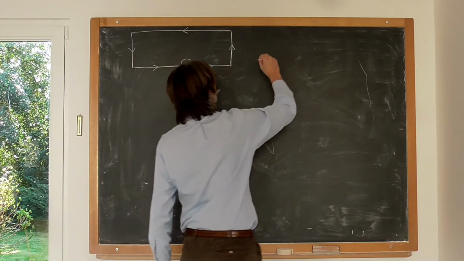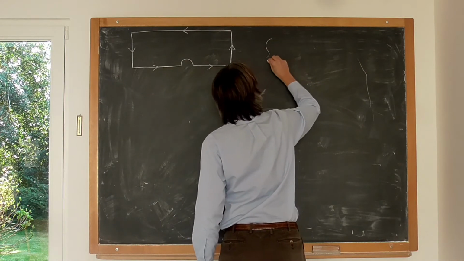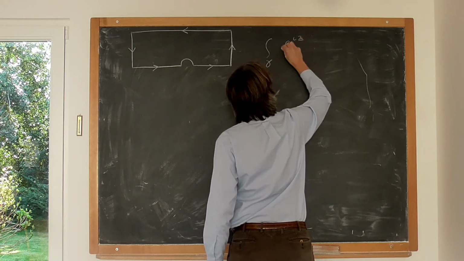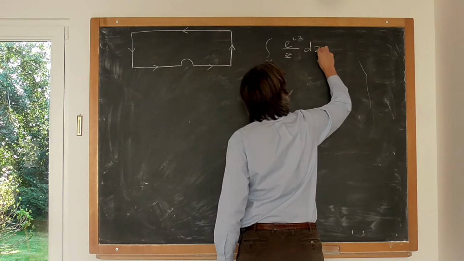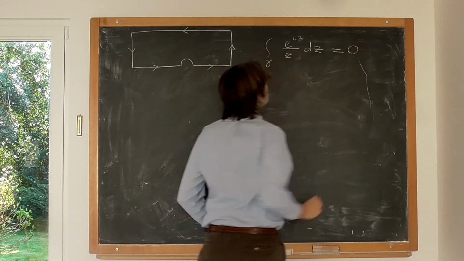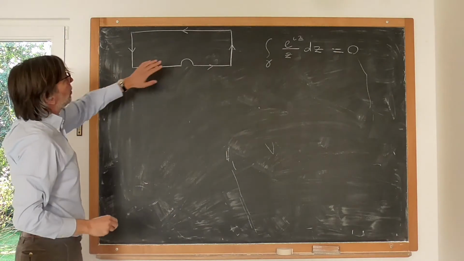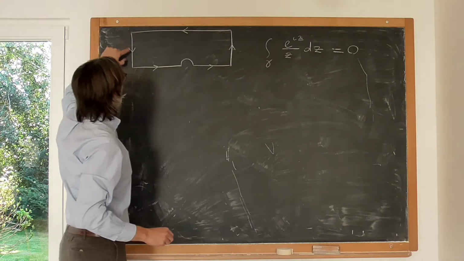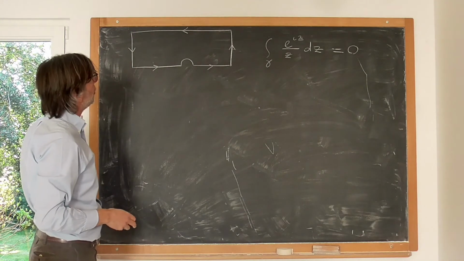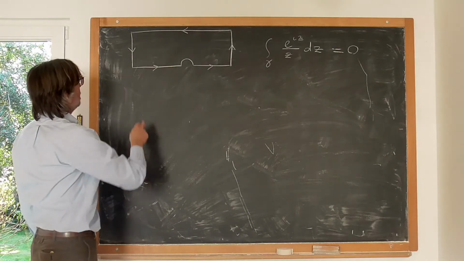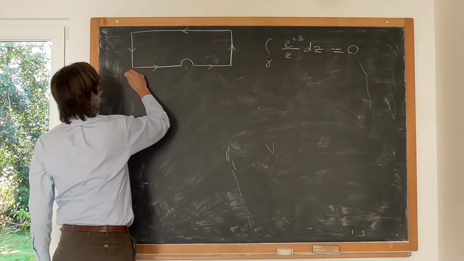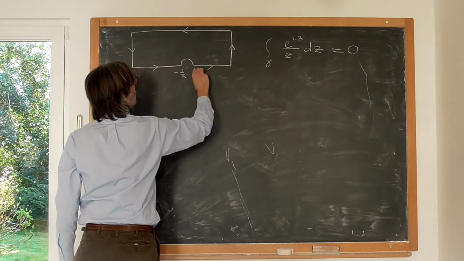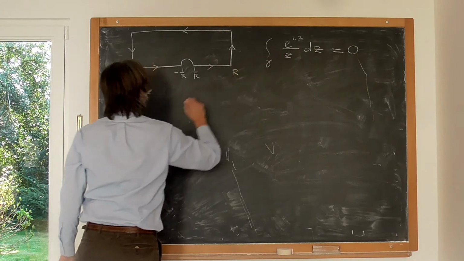And we were using the identity that the integral over this contour of our function e to the i z divided by z dz is 0. And then we have also said that the integral on these three sides converges to 0, whereas for the integral on this contour, let's put again minus R, minus 1 over R, 1 over R, big R,